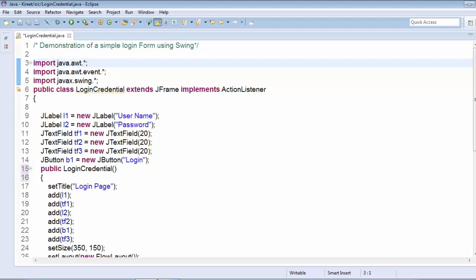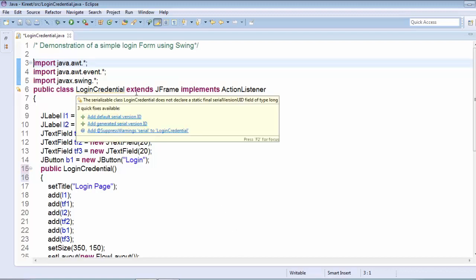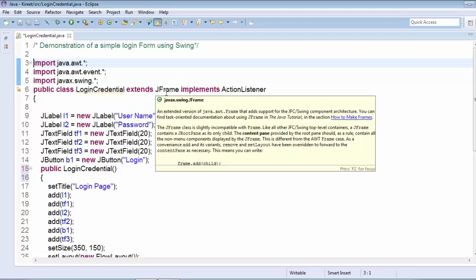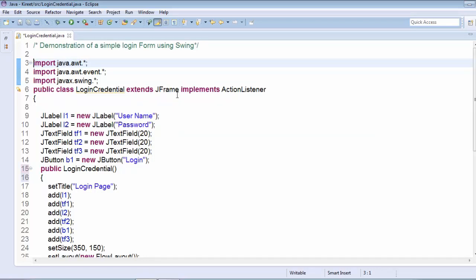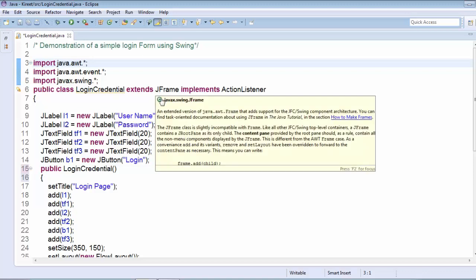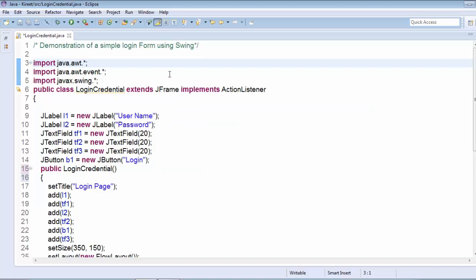So here what I have done, I have created a class. A login credential class has been created, and that extends JFrame. As I'm using Swing, I've told you that J is the prefix before the frame, and it implements the action listener because we are doing some event handling.